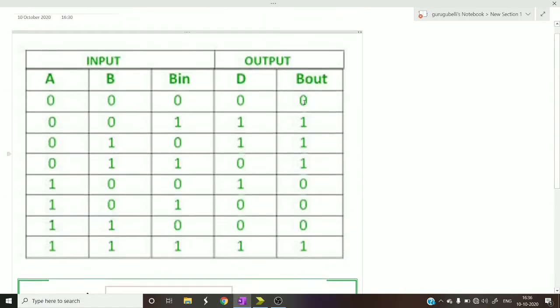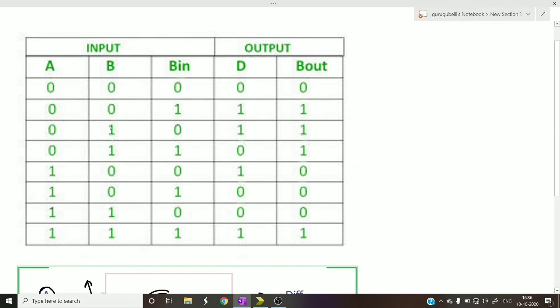This can be obtained from this truth table, that is the possible combinations. If there are three inputs, then there are 2 cube, so 8 possible combinations. They are from 0, 0, 0 to 1, 1, 1. Now if you subtract 0 minus 0, you should follow this procedure. First you have to do A minus B, then from that result you again subtract borrow in. Now 0 minus 0 would result in 0 and no borrow is required for this operation, so borrow out also would be 0. Now from that result you again subtract 0, so it would be 0, 0.